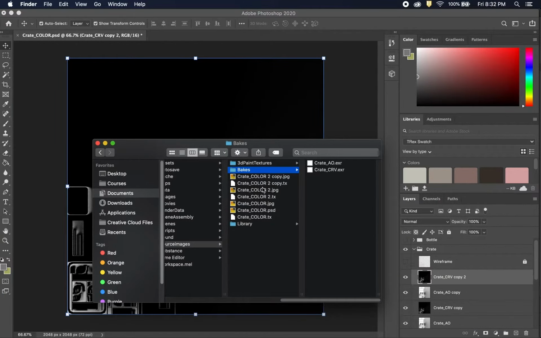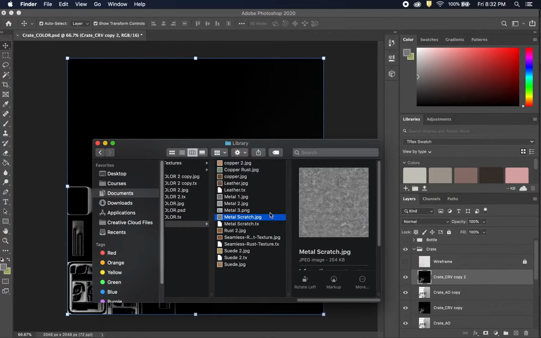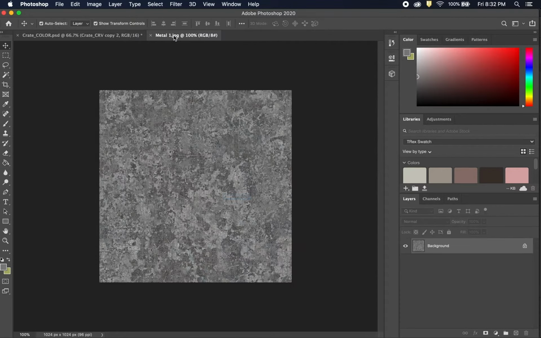So the first thing I'm going to do is go in, and I just got some seamless textures. Okay, and I'm going to use this one for grunge, this metal one, and I'm going to drag it and bring it up here and just drop it down, and you can see it's kind of metallic with some cuts on it, just overall grungy. I'm going to grab this,